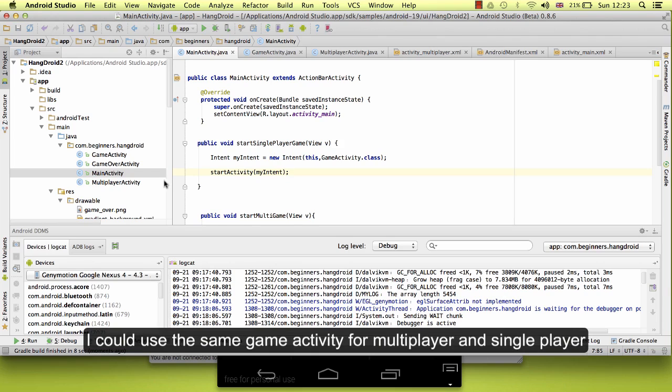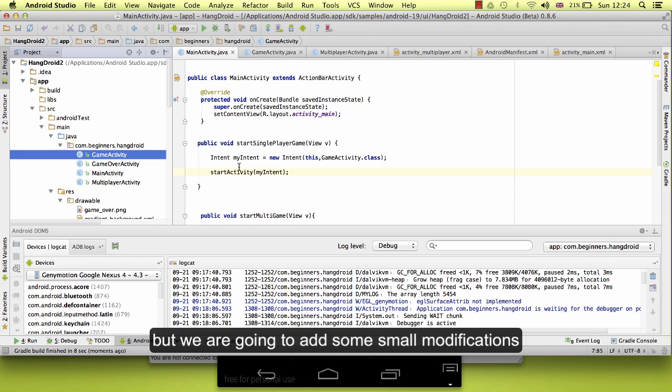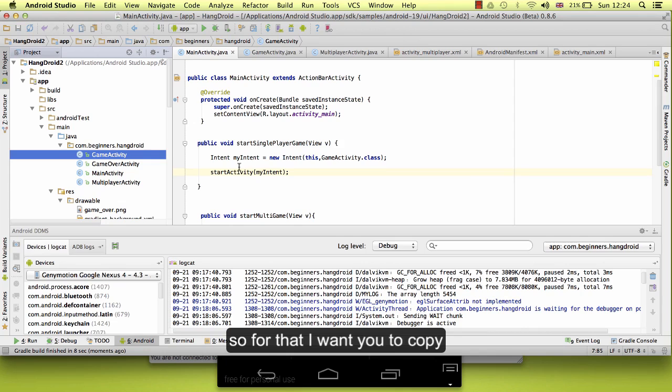I could use the same game activity for multiplayer and single player, but we are going to add some small modifications. So for that I want you to copy the game activity and I want you to paste it